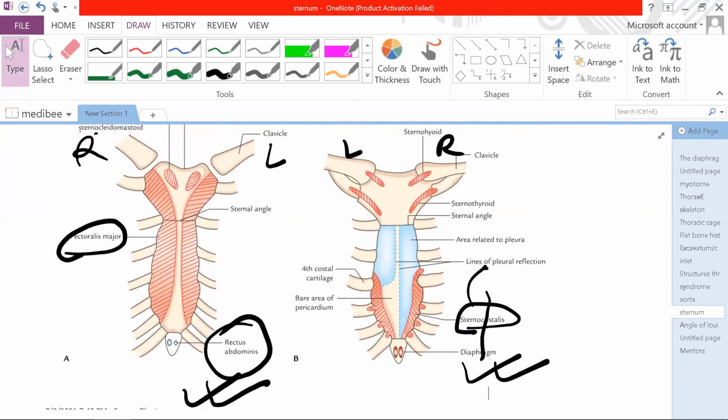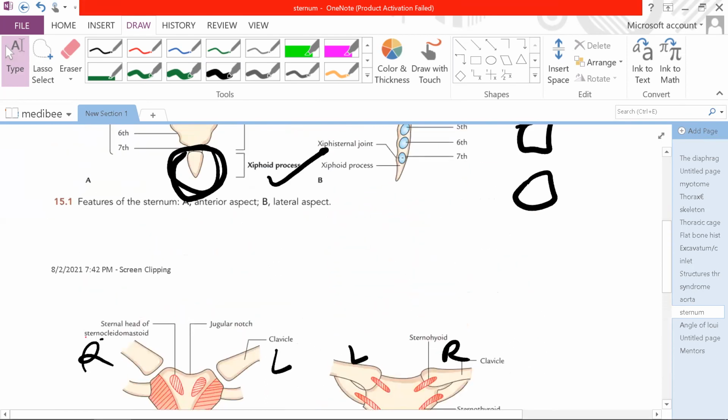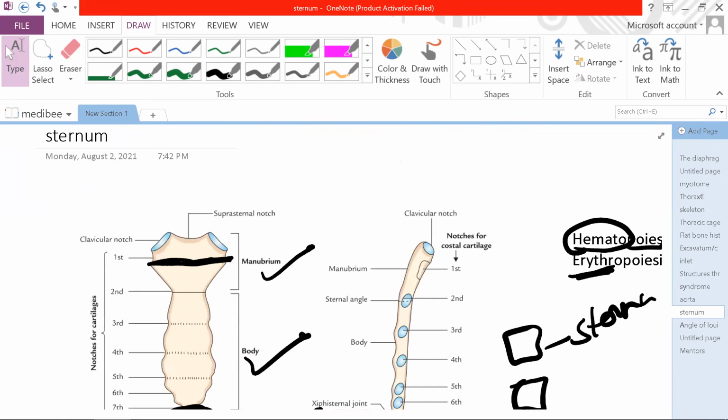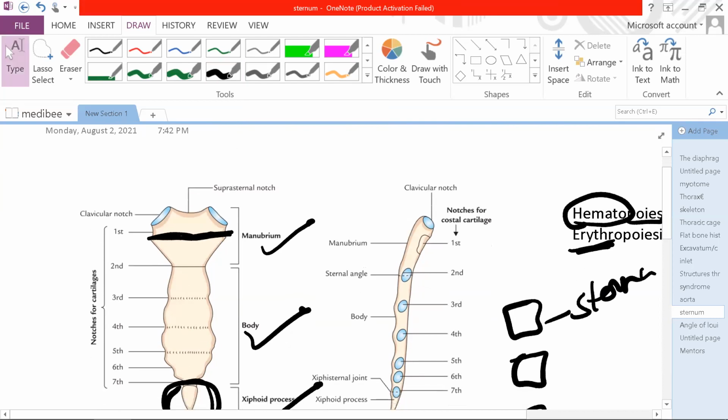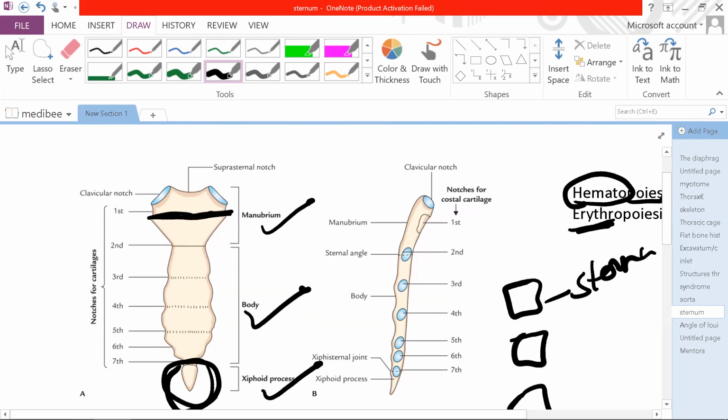সো আমি এখন পর্যন্ত কি বলছি? আমি স্টেরনামের ম্যানোব্রিয়াম, বডি এন্ড জিফয়েড প্রসেসের anterior surface and posterior surface এ কি কি রিলেশন আছে ওইটা বলছি। এখন আমি বর্ডারে চলে যাব। So see, এটা তো হইলো ম্যানোব্রিয়াম। ম্যানোব্রিয়াম যেহেতু এটা কোয়াড্রিলেটারাল স্ট্রাকচার, এটার আপার বর্ডার আছে, এটা লোয়ার বর্ডার আছে, এন্ড এই বডিটারও এটা হচ্ছে আপার বর্ডার আর এটা হইলো লোয়ার বর্ডার। সো ম্যানোব্রিয়ামের লোয়ার বর্ডার এন্ড বডির আপার বর্ডারে একটা জয়েন্ট ফর্ম হইতেছে, এন্ড দিস জয়েন্ট ইজ নোন এজ দ্য ম্যানোব্রিও-স্টার্নাল জয়েন্ট।